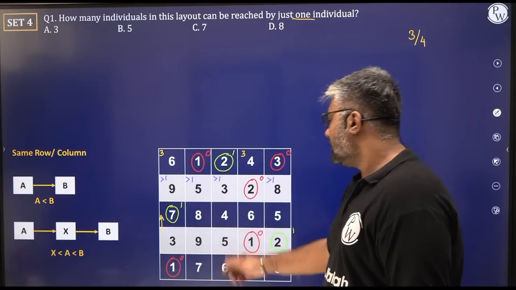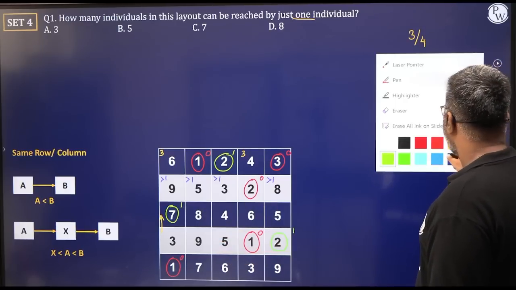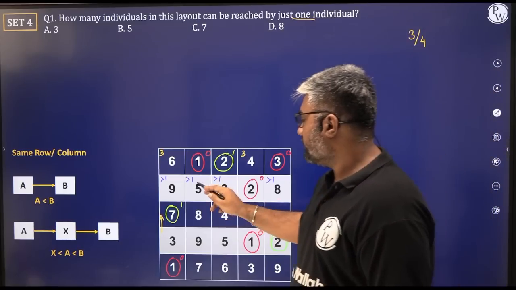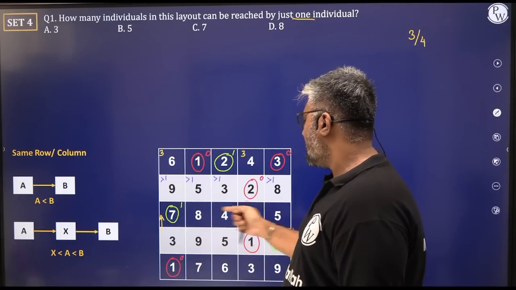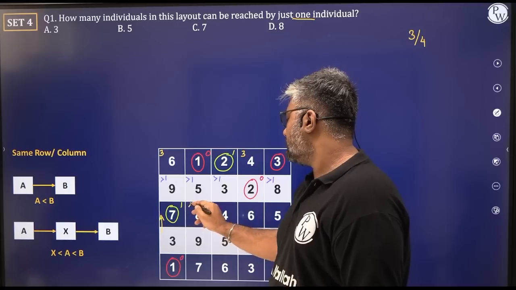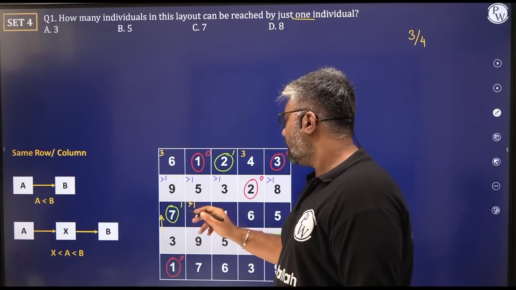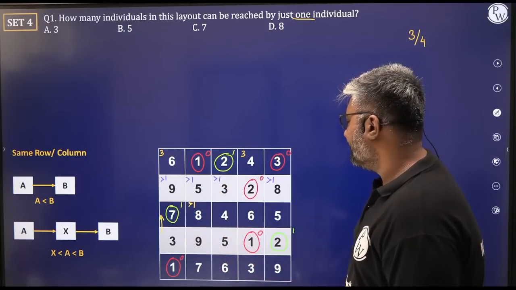What about this 8? Blindly, you know, you can look at it and say that it is greater than 1. 5 se reachable, 7 se reachable, not from 9 though, but 4 se reachable, and then you can go ahead also. So this is greater than 1 for sure. We're going to talk about that when the time comes. Okay? Let's look at 4.